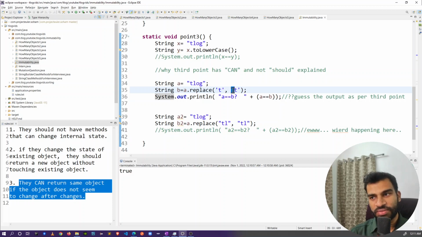This t is replaced with the same character. So this replace method is special. It has knowledge that you are replacing the character with the same character, right? These two are equal. It will not change this tlog. So this replace method, although it appears to change the t with the t, since it is not going to impact the tlog, it is not going to create a new string, and the b